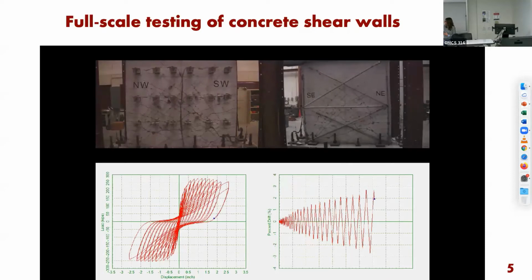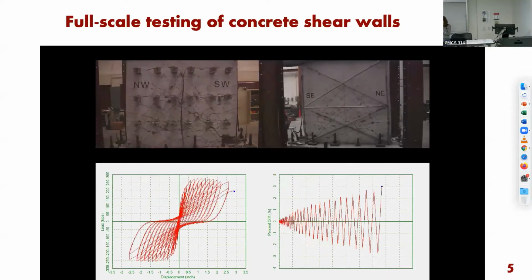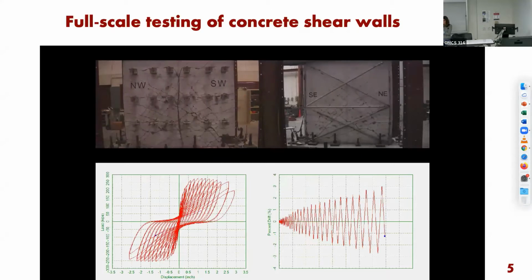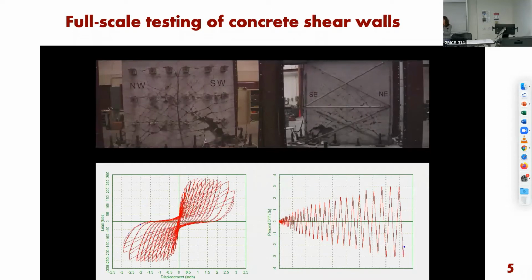Now we can start seeing some more damage. What happens during this reverse loading? Basically what happens is that the reinforcing bars that are embedded in the concrete deform. They get in tension and compression, so they deform this way. And after a while, they deform out of plane. They cannot sustain any more cycling, so they just buckle. We call it buckling. They just deform out of plane, and by doing that, they cause concrete crushing,